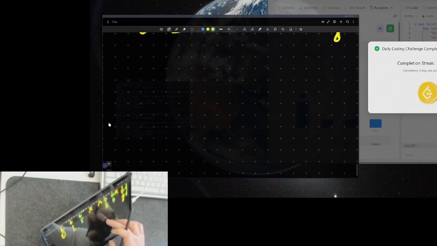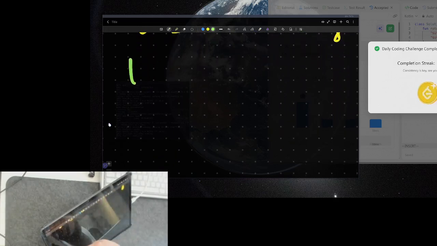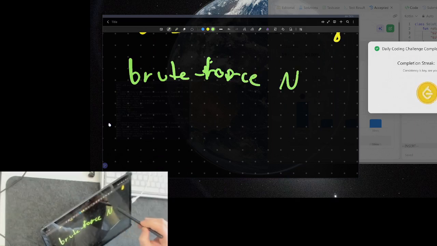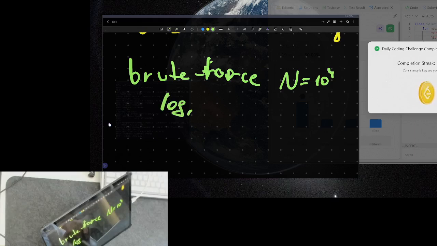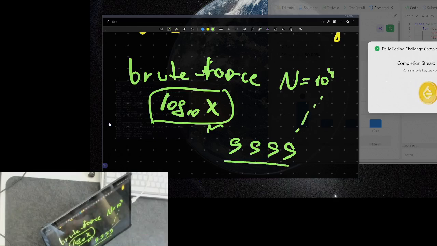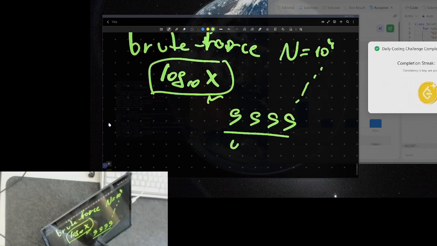So this is a simple brute-forceable solution, because even our number is up to 10 to the power of 4. Analyzing each number individually takes just logarithm of its value. So even if we have 9999, the biggest number under 10 to the power of 4, it's only 4 digits,